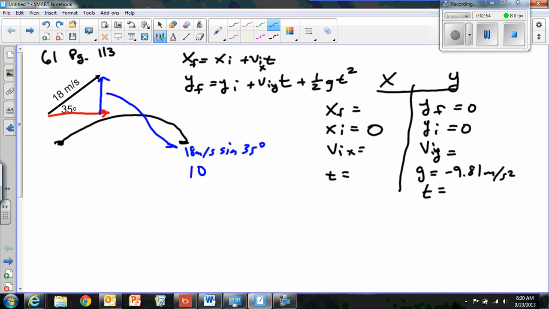Put that in your calculator, that's going to give us 10.3 meters per second. So that goes here, 10.3 meters per second. And then our X velocity is going to be 18 meters hypotenuse times cosine at an angle. 18 times cosine of 35 degrees. And when I do that, I'm going to get 14.7